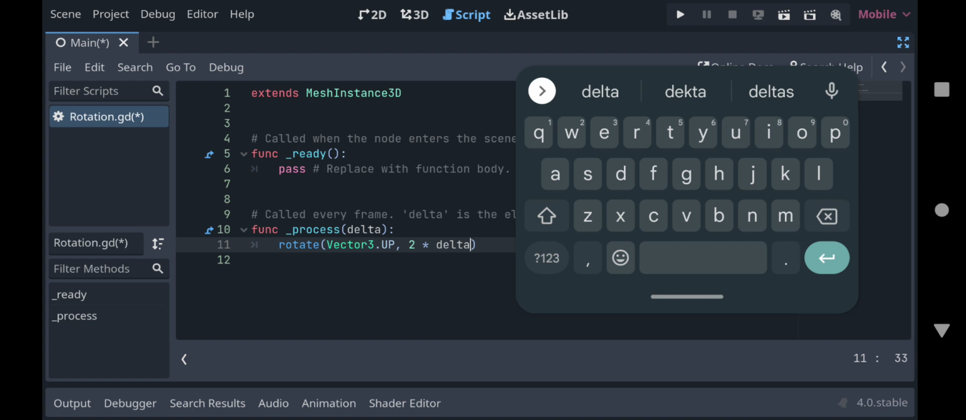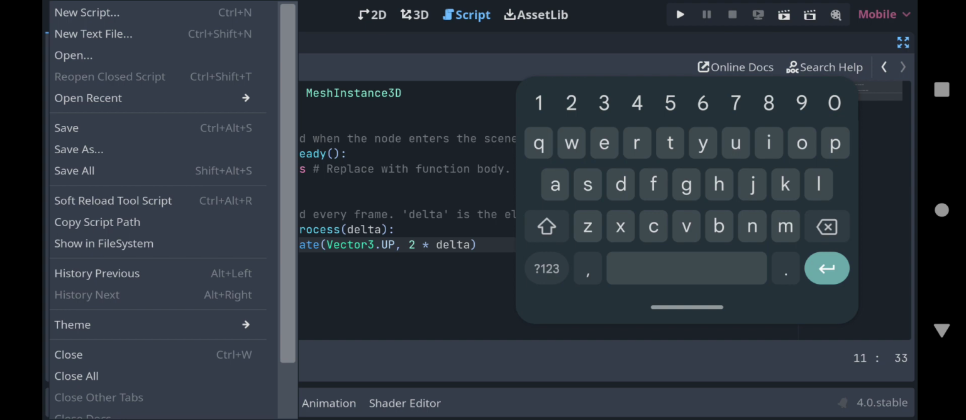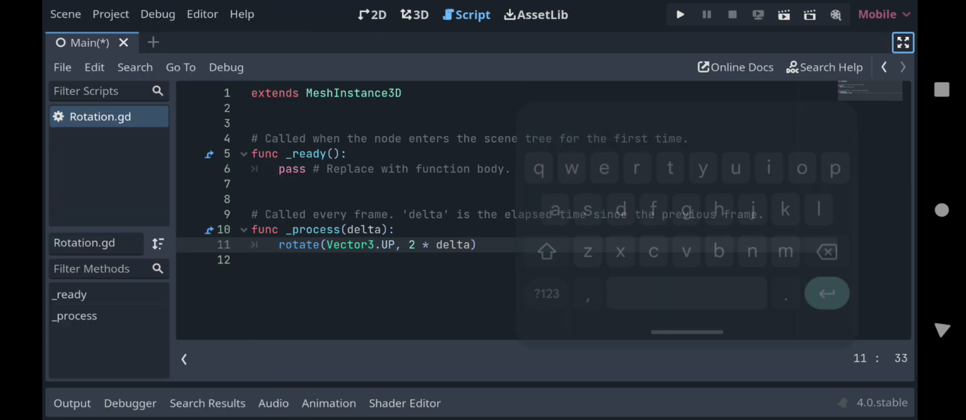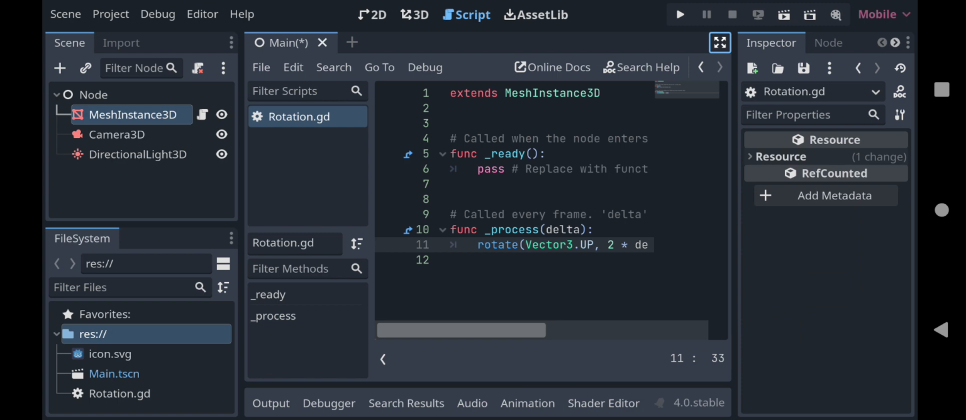All right, so let me just go ahead in the file and click on save, and I believe the script got saved. Let us hit the play button and let's see. And yes, so we have created a scene, and we have added a cube, and also we have added